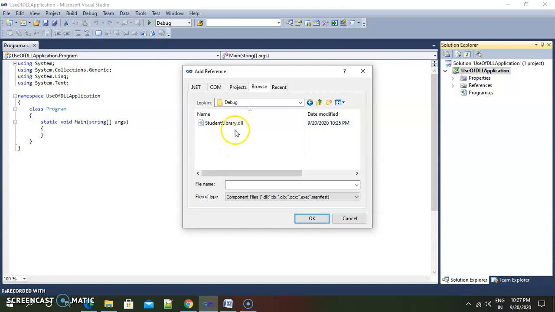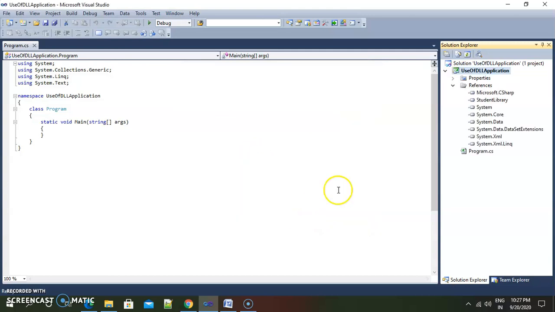We know there is one DLL file inside the debug folder. So select that DLL file and click on OK. So the student library is added here, inside references.